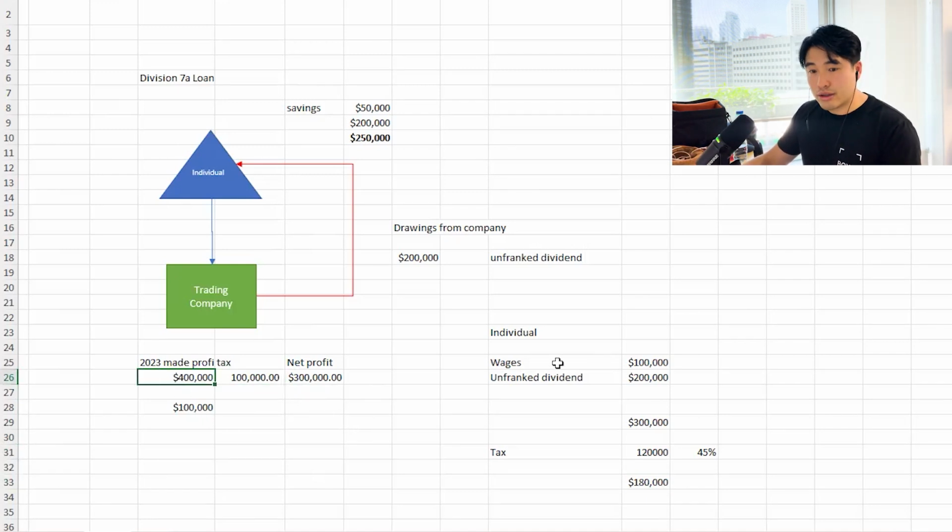Yeah, so this is what Division 7A is, and that's the biggest problem that we face as business owners. And the reason why a lot of people have these issues is because the accountant doesn't do their tax returns until the end of the year or 2 years later. So the money's already been drawn out, and we can't do anything about it.